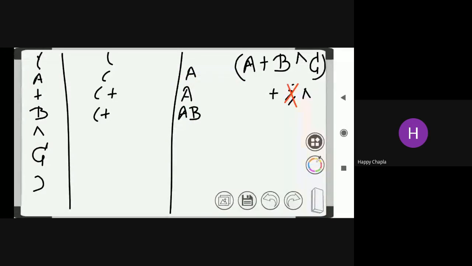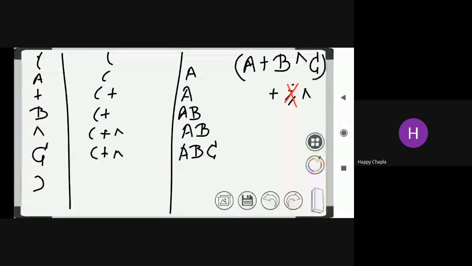What we have to do is push the next operator into the stack. Now I'm encountering the C, so C is directly added into the postfix expression.